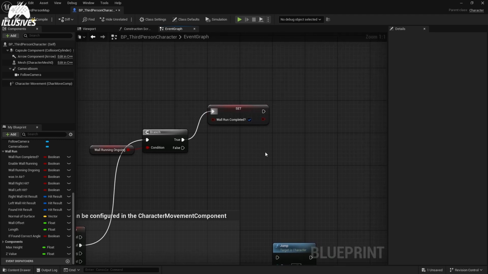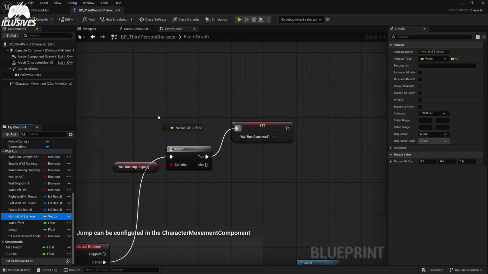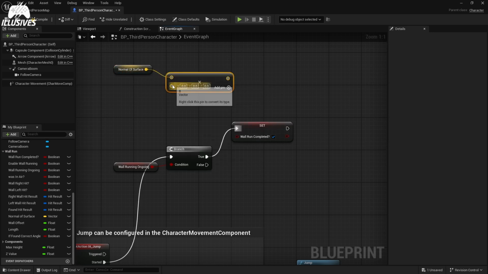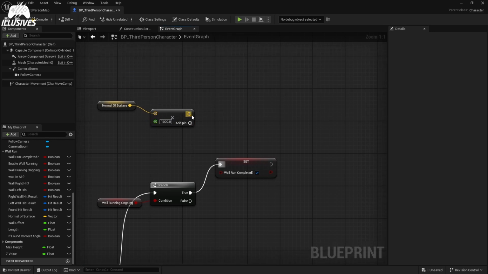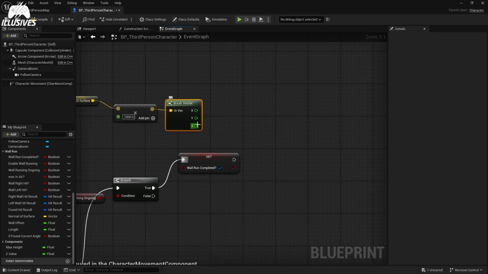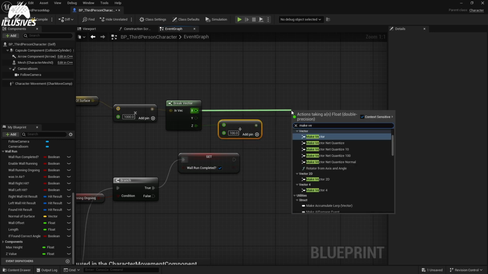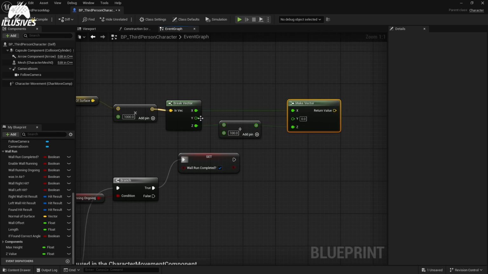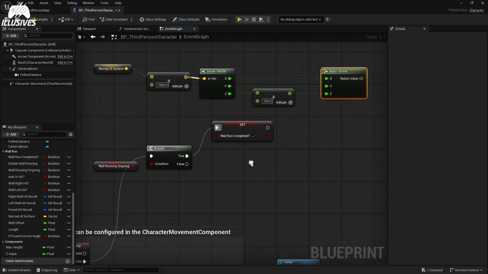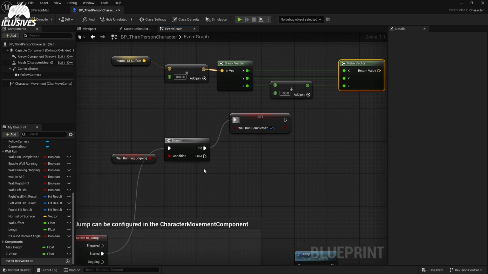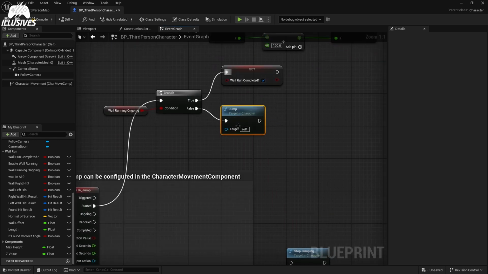And here, one more thing we need to do is, first of all, take our normal of surfaces, multiply with a value of almost 1000, break vector, then from here add 100, and then connect to make vector, and from here the true part. After that, if false, then we will connect the jump,